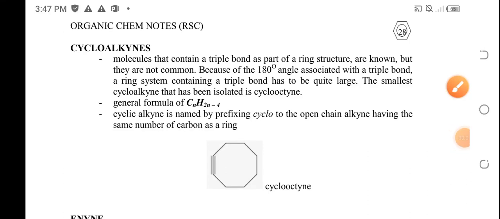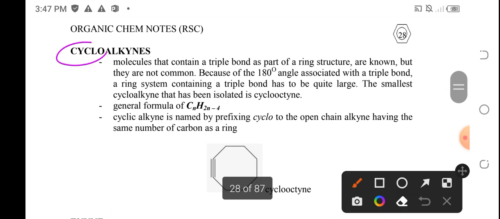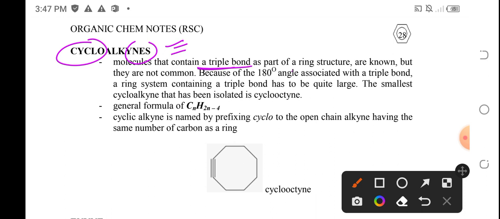Okay, let's now discuss cycloalkynes. From the word itself, cyclo means that this has a cyclic structure, and alkynes, that cyclic structure will have the functional group triple bonds because of the Y and E. So this has a triple bond as a part of the ring structure, and cycloalkynes are not common,